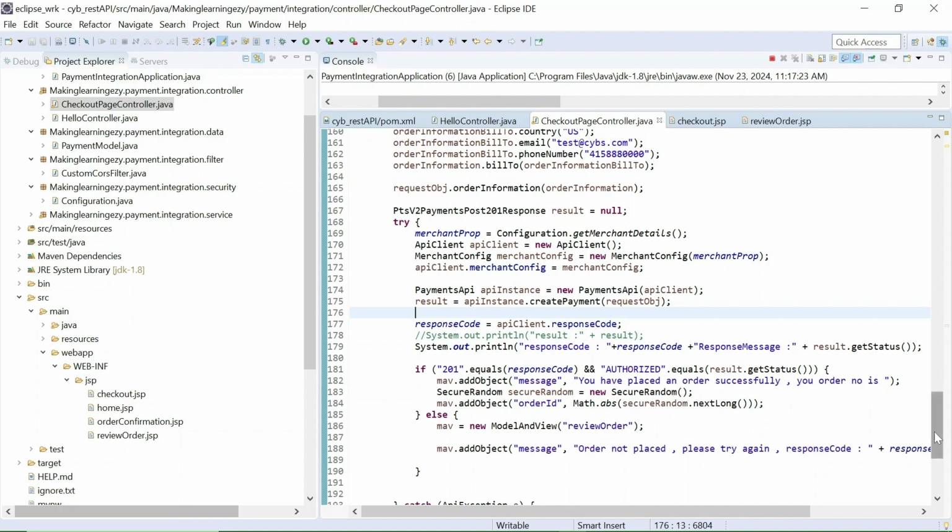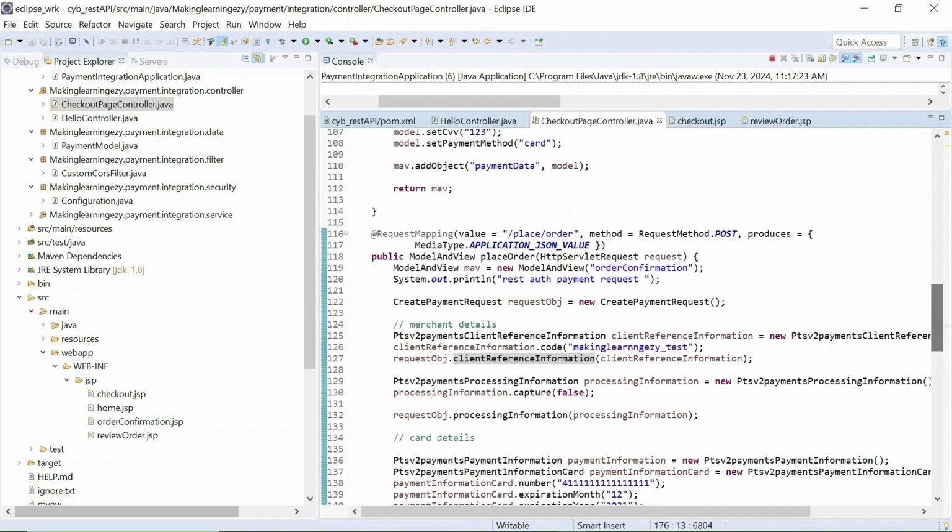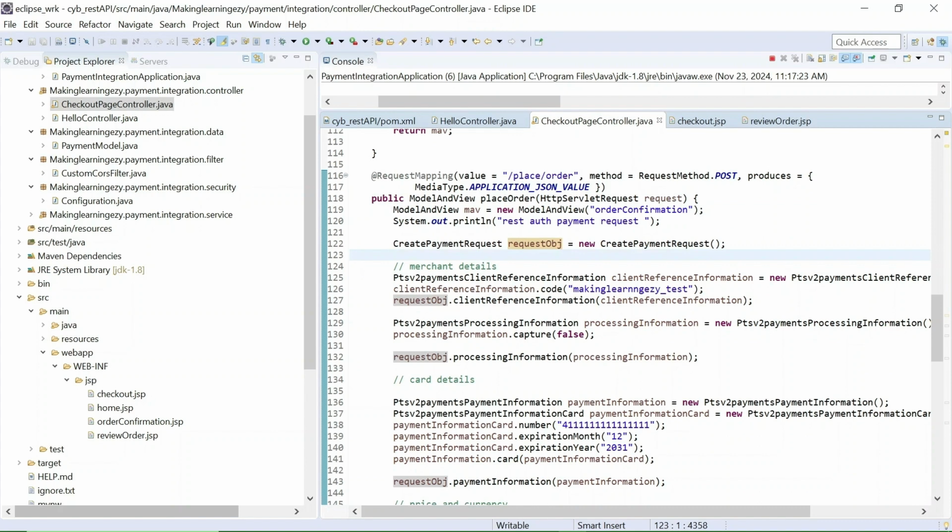So let's go through the method line by line. Here I have created the model and view object, and here I have passed the view name, that is the order confirmation. So if request is successful, this method will return the order confirmation view. Here I have created the payment request object.